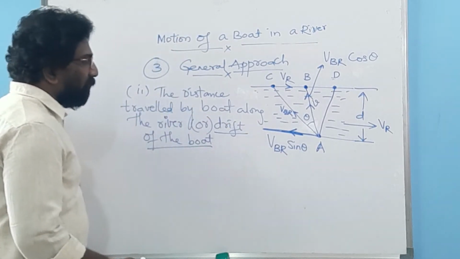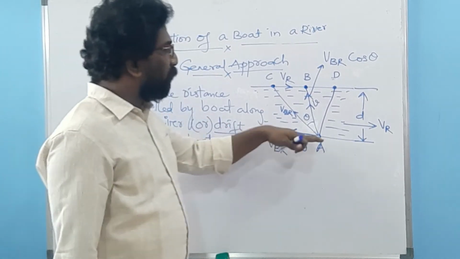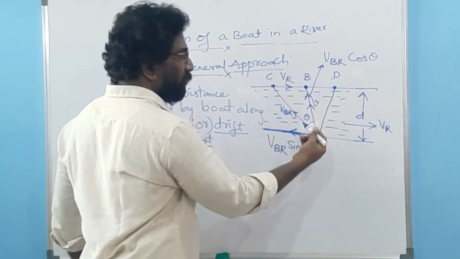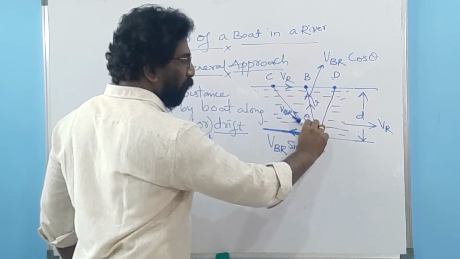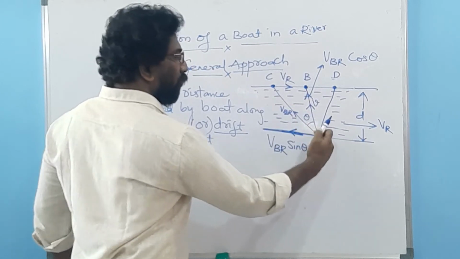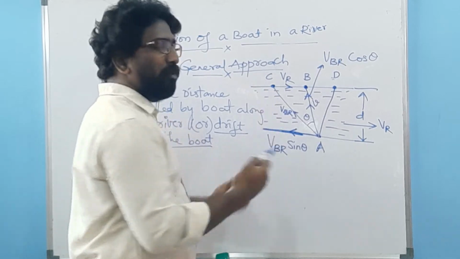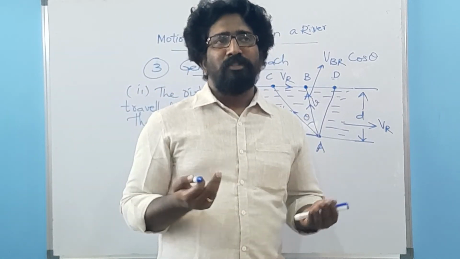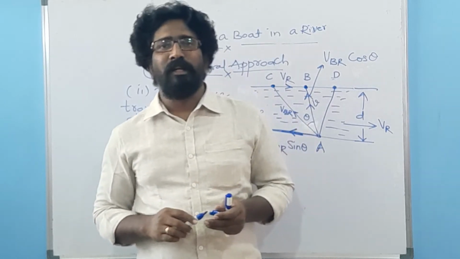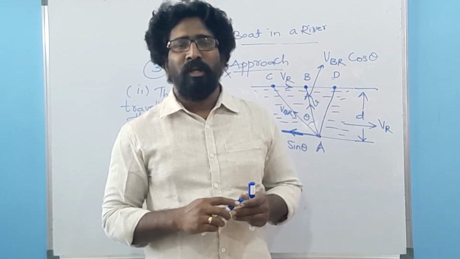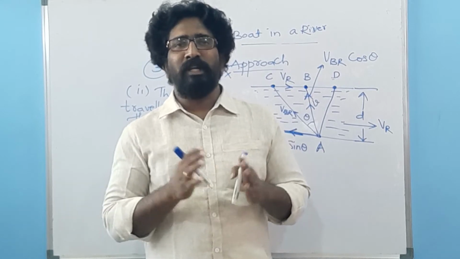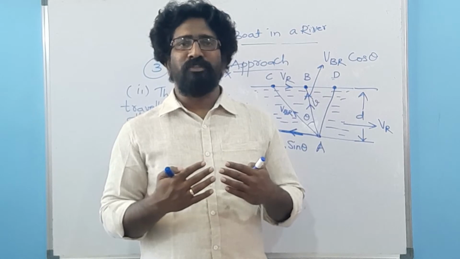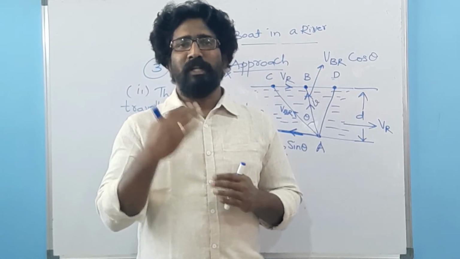So now, the drift of the boat. Why are we talking about the drift of the boat? Because in order to reach from point A to point B, you are supposed to make your boat travel in this direction. We don't know how much distance it will be traveling. Why? Because nowadays many boats or steamers use highly sophisticated technologies, and they will have their own marine engineers who think about the directions, longitudes and latitudes, and how the particular steamer or boat has to travel in order to reach a particular destination.